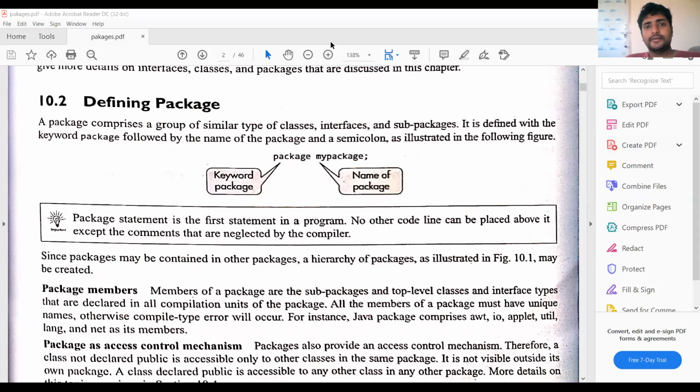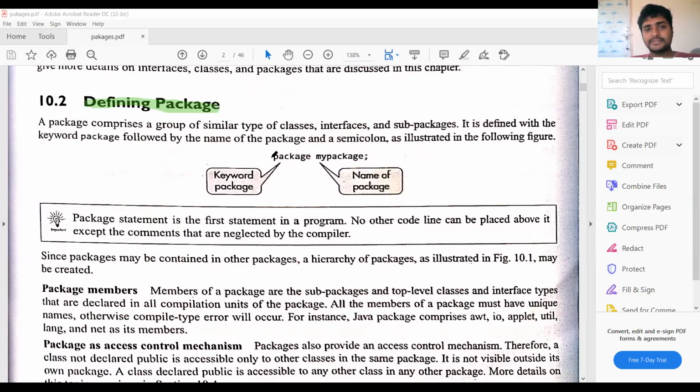So next one is defining the packages. How do you define a package? The package consists of classes and interfaces. Then how do you define a class? How do you define an interface? There is a syntax for each and everything. For a class: class space identifier, class student. How do you define an interface? The keyword is interface. For class, the keyword is class. Interface space interface name.